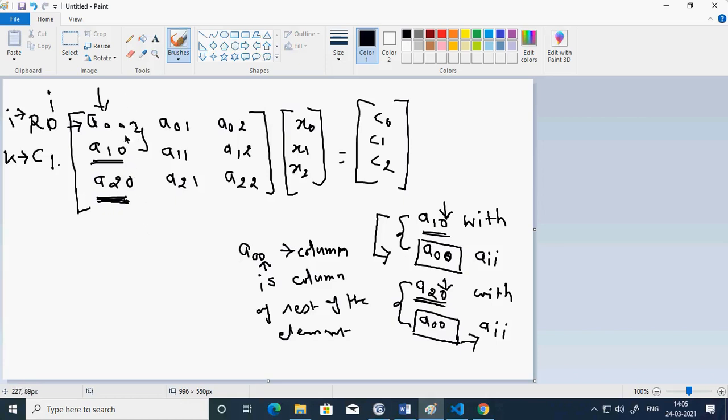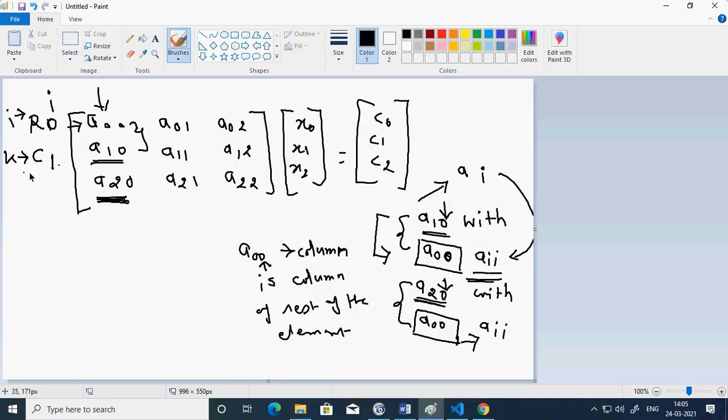Is this clear? So their column is the same. Therefore, if I call this AII, I can call this A, first I don't know, second it is I, because the column has to be the same.